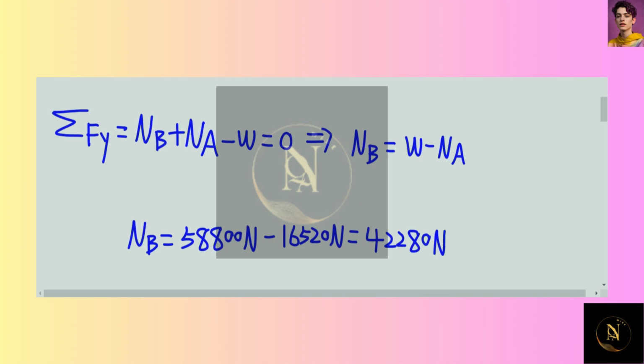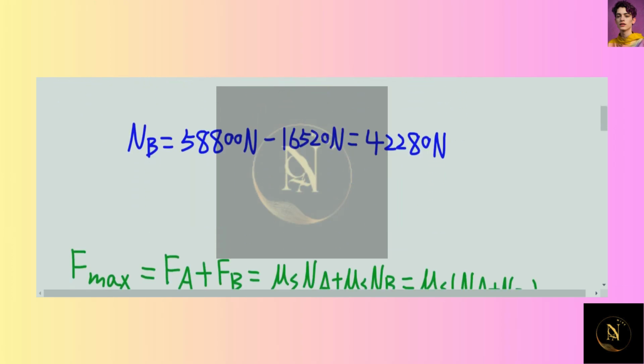So if we subtract 58,800 Newton by 16,520 Newton, this will give us the normal force at point B is equal to 42,280 Newton. So now in order to determine if the car is going to move or not, we need